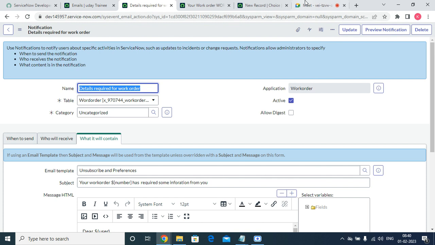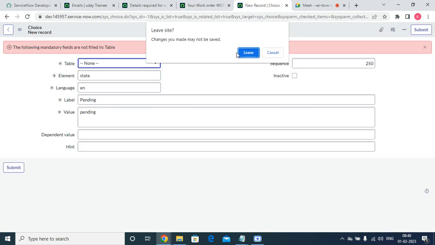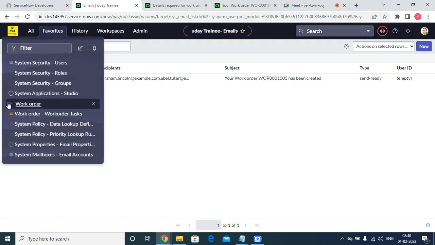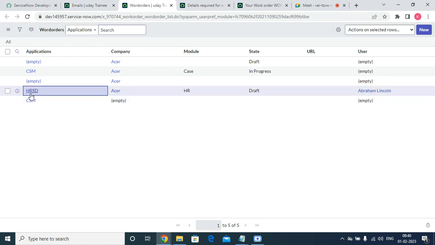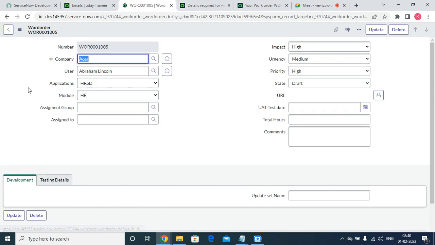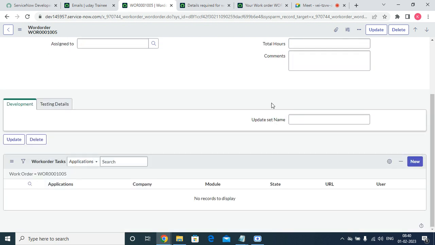Now let's see. If I'm going to change this one, the record changes to the one. Now let's go to the work order. The HRSD, the same record. If I open it, I'm just going to change this to pending, and comments is nothing but